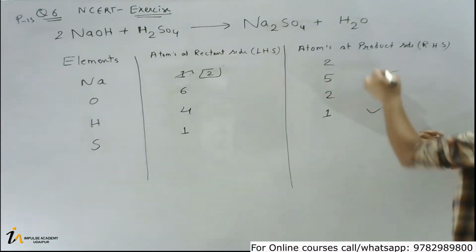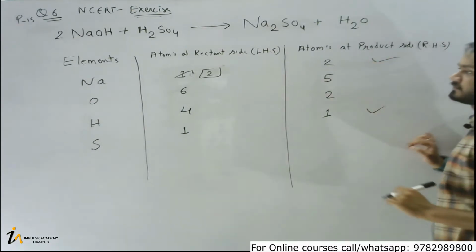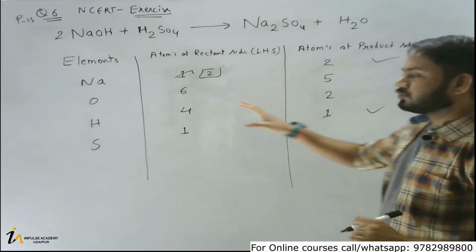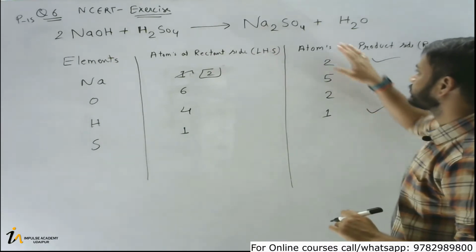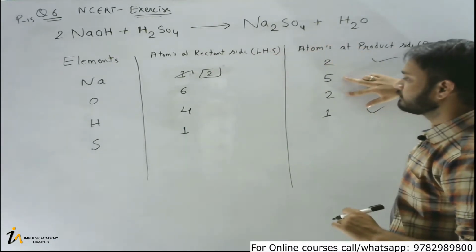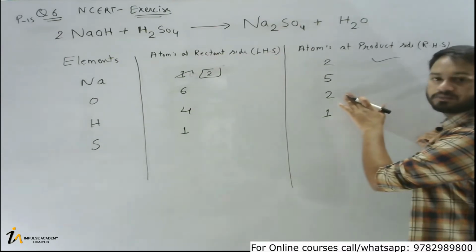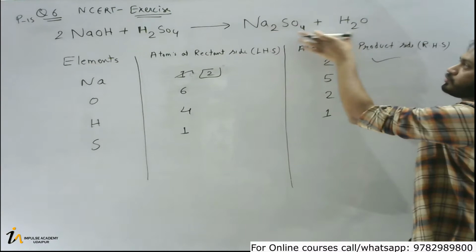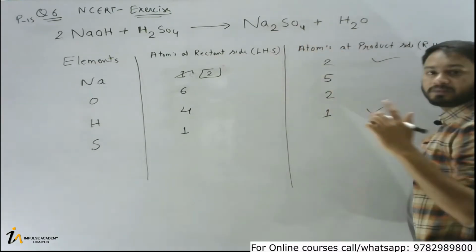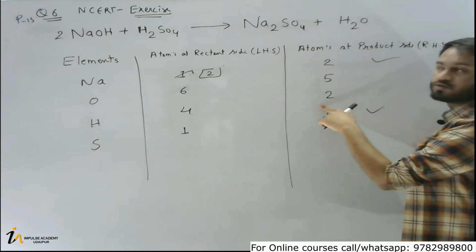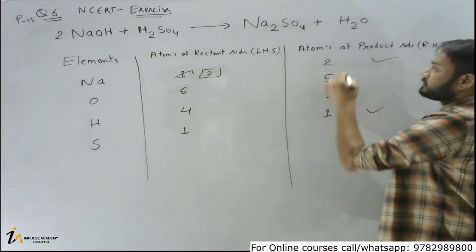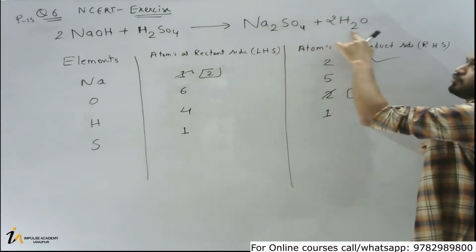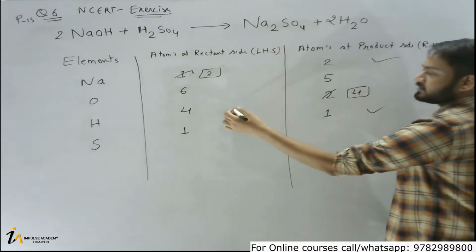So here this is balanced now, but this is not balanced. So we need to balance this also. How can we balance? Now come to the product side. In the product side, we'll see how we can make oxygen equal to hydrogen equal to 4. Why hydrogen? Because there are two places where there is oxygen, so it is better to balance the hydrogen here, because if there is only one place for hydrogen, we can multiply it by 2 to make it 4. So if you multiply it by 2, it will become 4. So I have written here 4. This is balanced now.